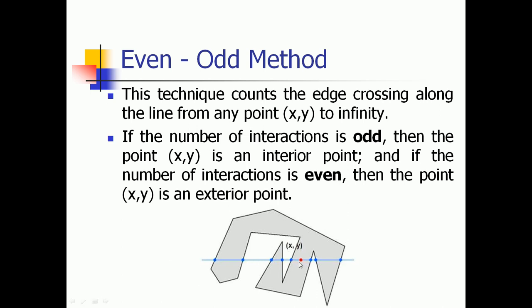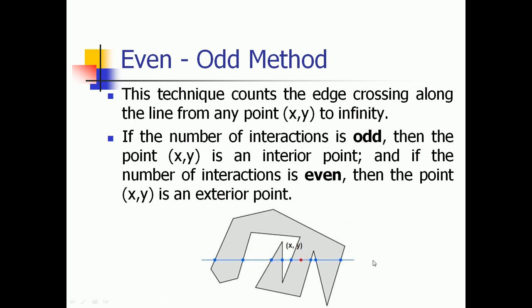Means from this side also you can check the number is 5. From this side also you can check the number of intersections is 3. So from any side you can draw or plot a line starting from outside of the polygon and intersecting that point. So here, if you draw a line from the left side, you can see there are 5 intersections, 1, 2, 3, 4 and 5, till reaching that point. So 5 is an odd figure, so we can say that the point is inside.